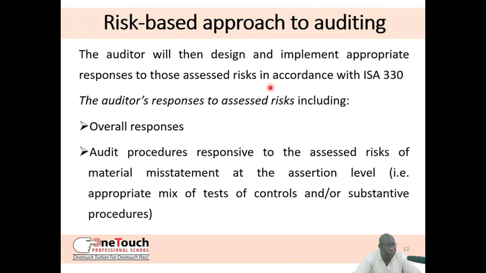We said that for you to understand the client, you must first of all be conversant with the client's operations. Once you know the operations, you identify the risks that your client faces. Then, after you have identified the risks, you classify them in three categories or any other form: high risk, medium risk, and low risk. Then you plan in such a way that the planning should be able to respond to the overall risk you have assessed. So the auditor's responses to assessed risks include: